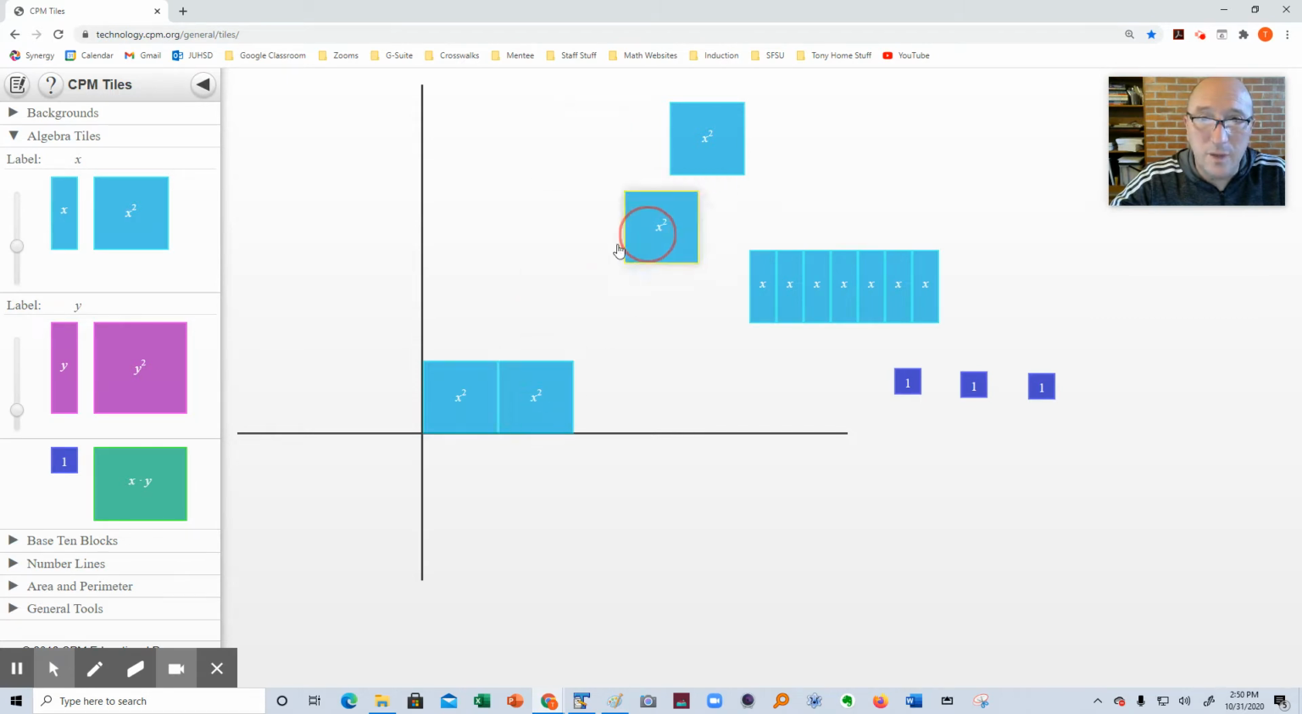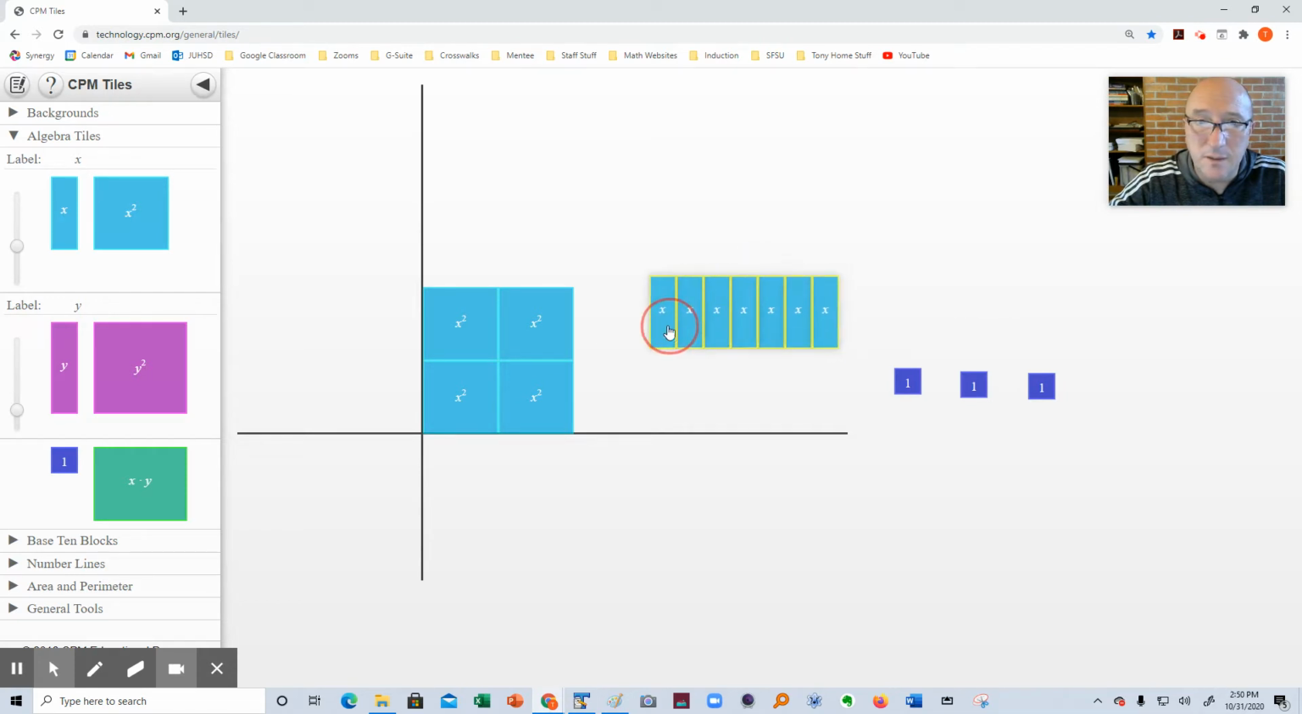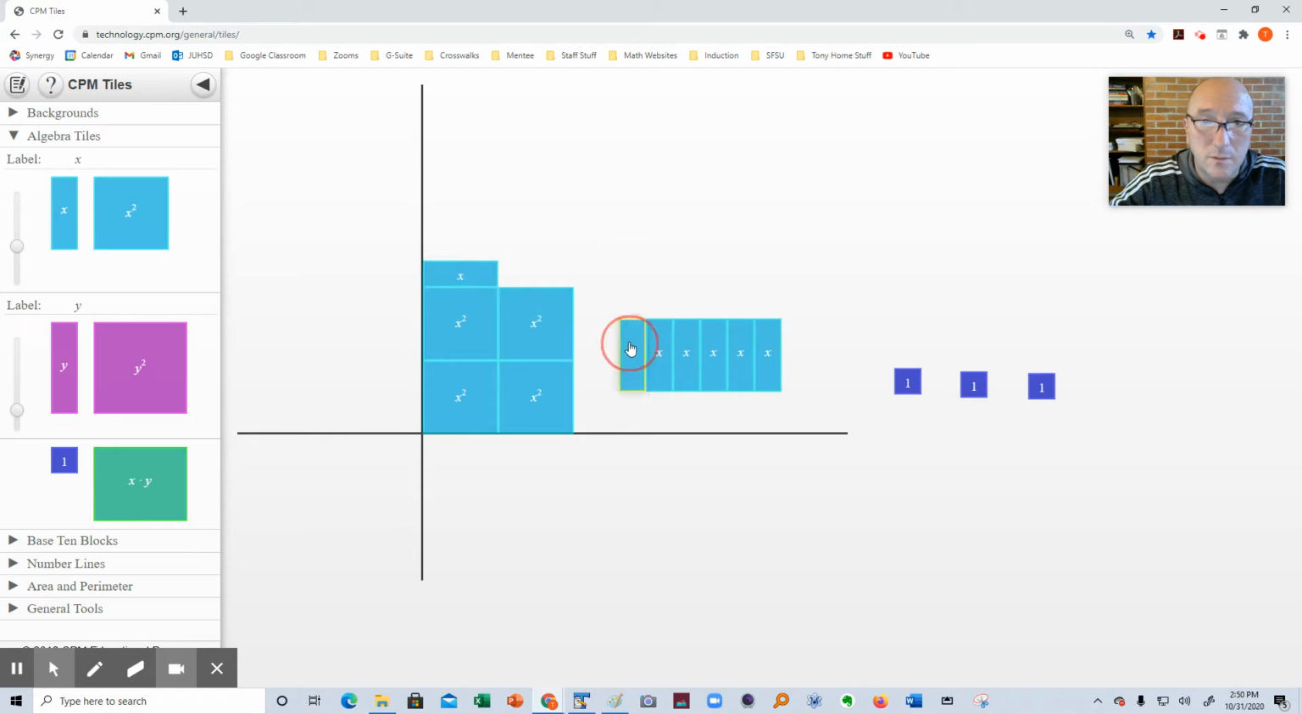And I have not factored this one. So it could take me a little bit of time to figure out how to factor this one. So what do I got here? Can I make a rectangle out of this stuff? How am I going to do a rectangle here? Well,